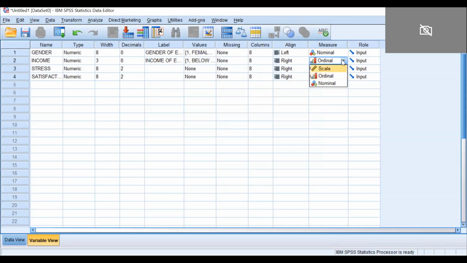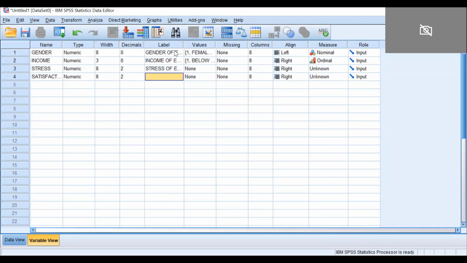Third is my stress. So what is this stress? Stress of whom? You will say stress of employees of company ABC. That is my label. So when anybody opens this SPSS file, he will get some idea, like gender: whose gender?